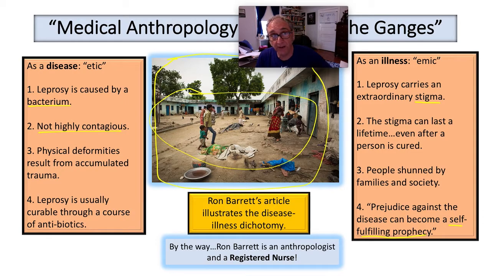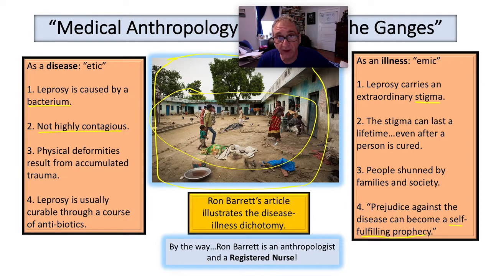It's caused by a bacterium, and it's highly curable if it's caught early. But since people are so stigmatized by it, and they're afraid of being shunned, and afraid of being outcast, and afraid of being the objects of prejudice and resentment,